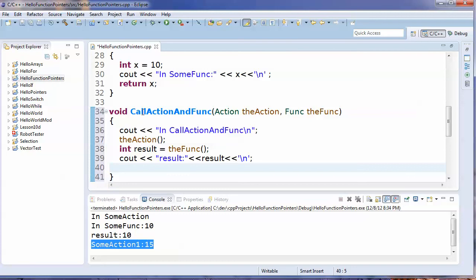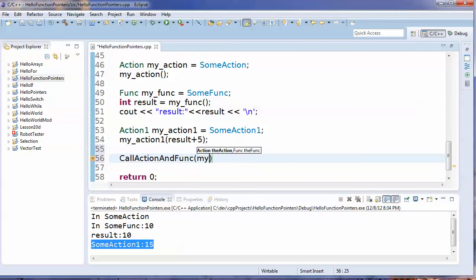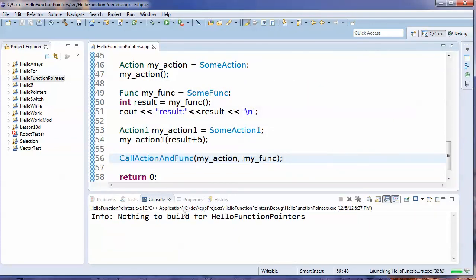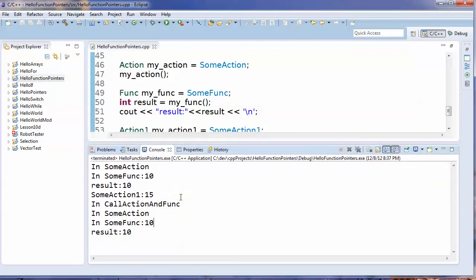Okay. So then we'll just call this as a normal function. We won't make a pointer to a function that takes pointers to functions. So let's call action and func, and let's pass in my action, and pass in my func, and you'll see this will compile. Right there, let me make this a little bit bigger, we're in call action and func, and then we were in some action, and then we were in some func, and it showed a 10, and the result was 10. So hopefully that gives you a good idea of the power of function pointers and how to